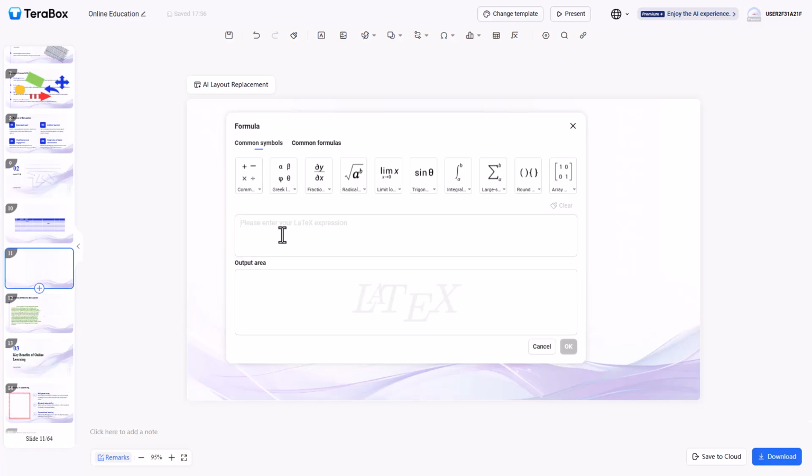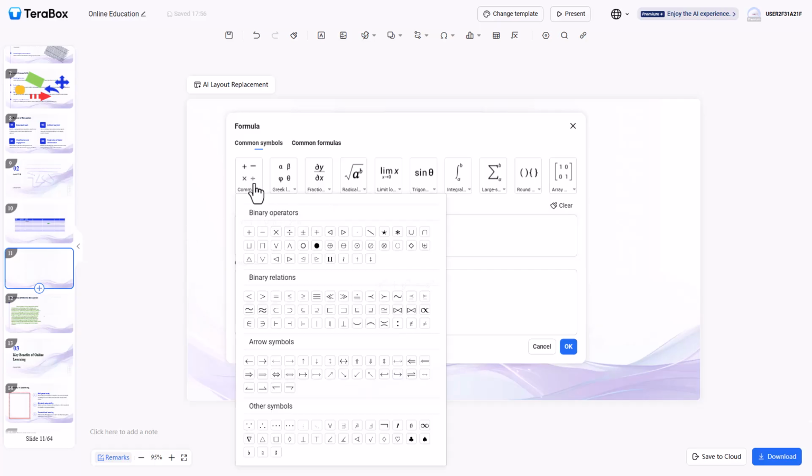For example, I have a LaTeX expression copied, so let's just paste this right here, and you can see that this is what you have. So now you can see the LaTeX expression right here just like this. Let's remove this out right here. So X and then, let's say for example, upper sign right here. So that is what I have, as you can see, and you can edit this as you want. So this is how you can add in LaTeX formulas right here,